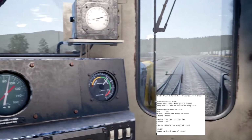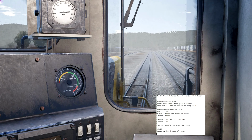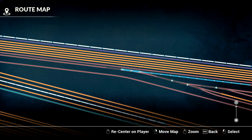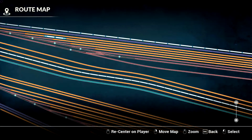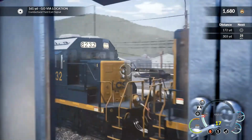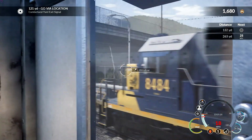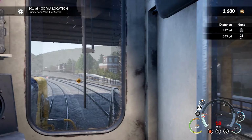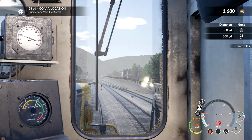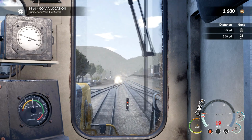The work order calls for us to go up to Heidemann, and there's a spur up there. Looking at the route map, and since this scenario is hijacked off a service, you can bring up the HUD and the service will continue to tell you